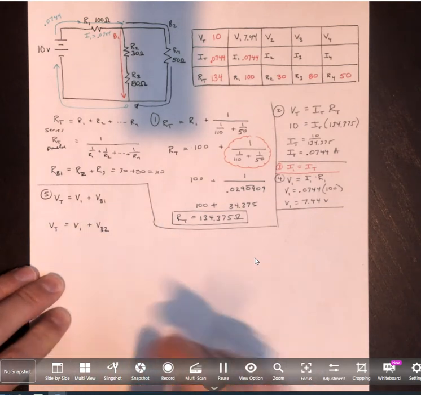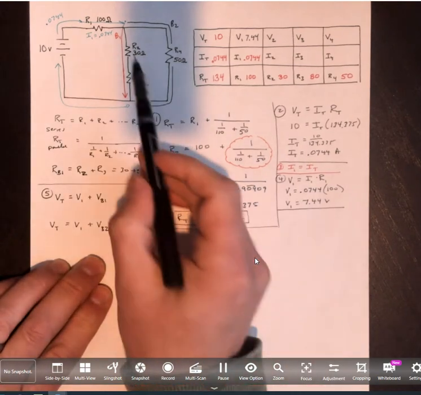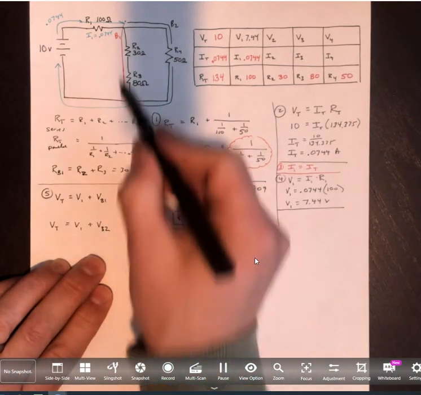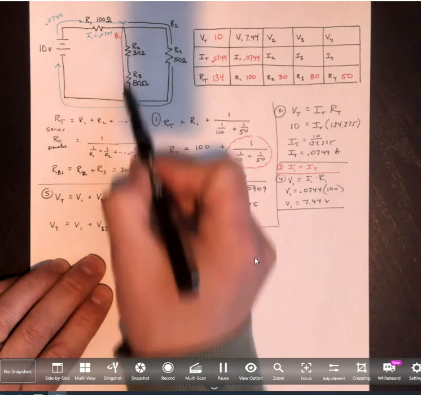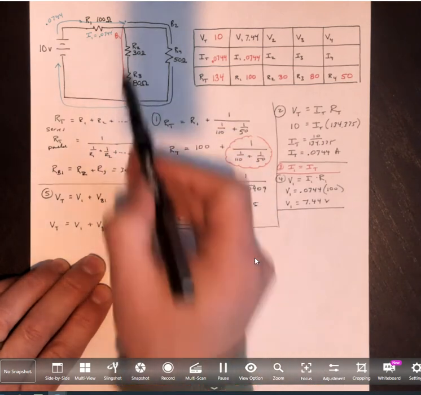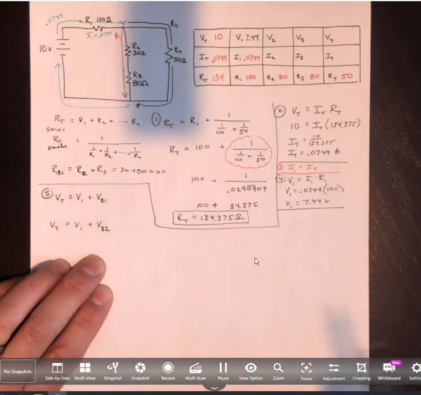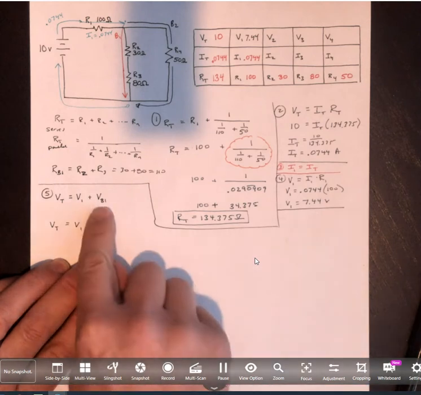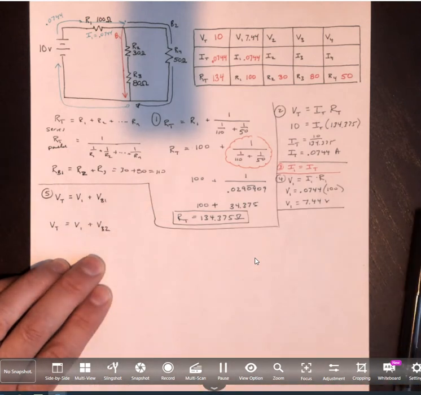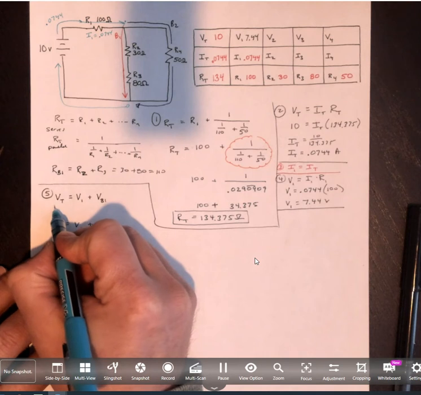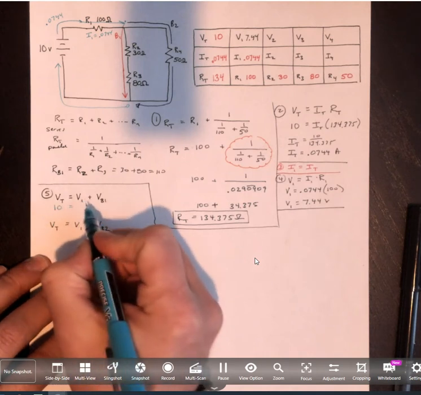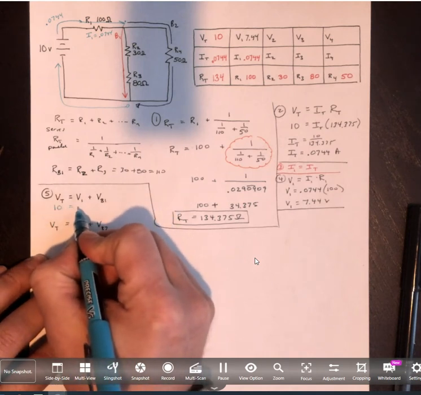Okay, and so those voltages have to be the same. Now we will get a voltage drop that divides in the first branch because there are 2 components, but we can at least determine what that amount is that's going to get split up. We've got 10 volts total. We found a voltage drop at the first resistor of